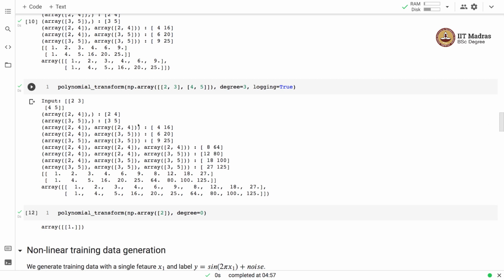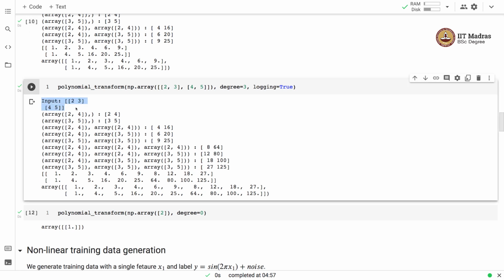Let us generate a polynomial transformation of degree 3 for the same input as above. So we have already seen this particular part. So now we'll focus on generating length 3 combinations. Length 3 combinations can be generated by copying the elements as they are 3 times, which is 2, 4, 3 times, then 2 and 2, 4 2 times, and then the next element, which is 3, 5 second time. And another one will be 2, 4, 3, 5, 3, 5,